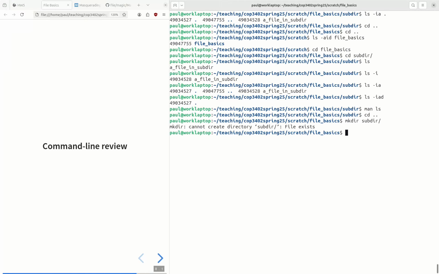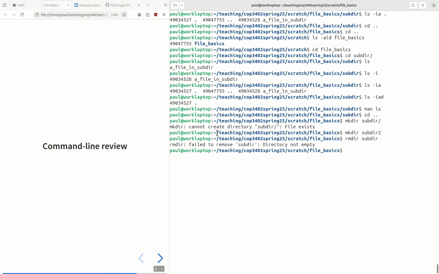mkdir to make the directory. It's already created, so it's going to yell at me. rmdir to remove a directory. So notice here that the rmdir command by design will not remove a directory if its directory is not empty,